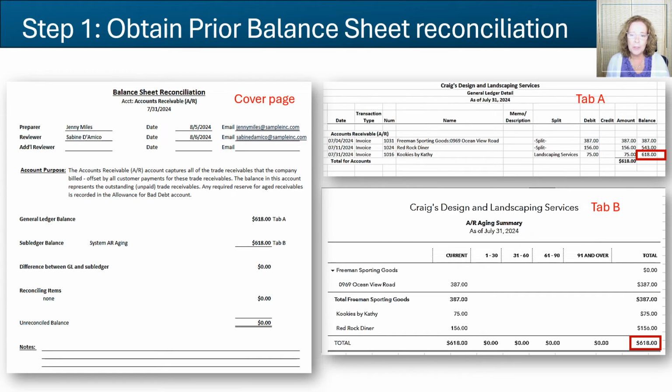There are situations when the AR aging does not agree with the GL balance. Typically, it means that someone posted a journal entry to the AR GL account but did not tag a customer account. Most accounting systems do not allow such journal entries, but some do. So if that's the case for your accounts receivable account, that your GL balance does not equal the AR aging, you'll have to look through the GL to find the variance.